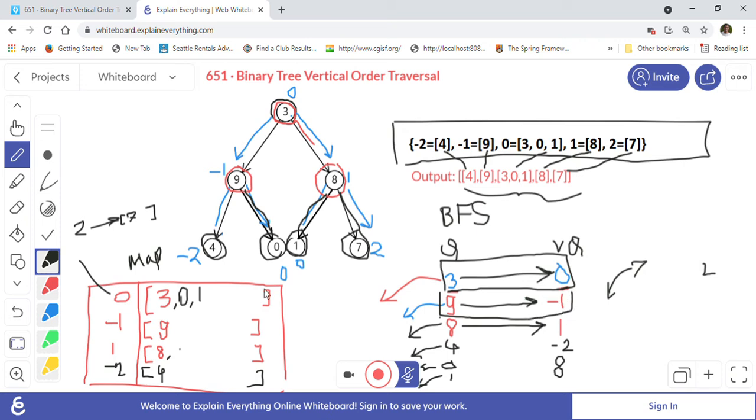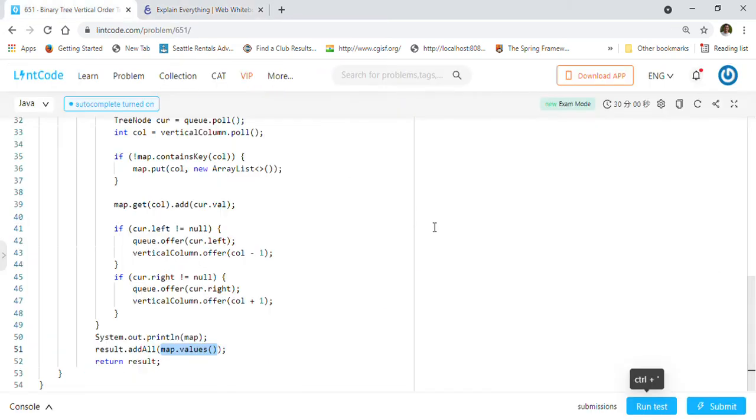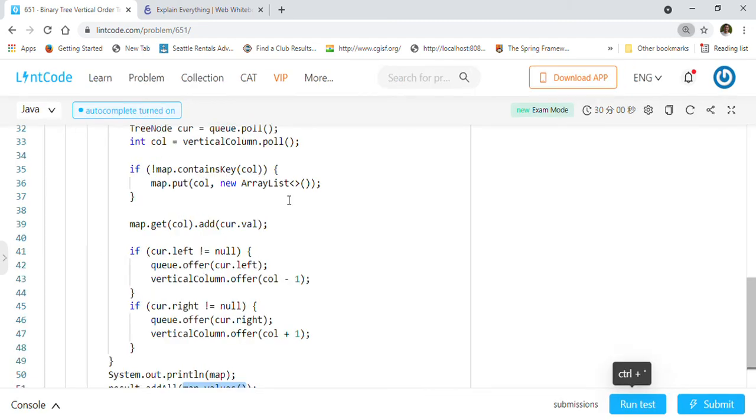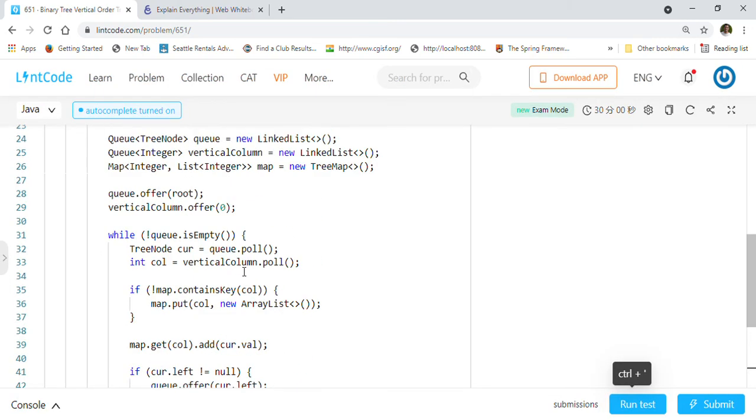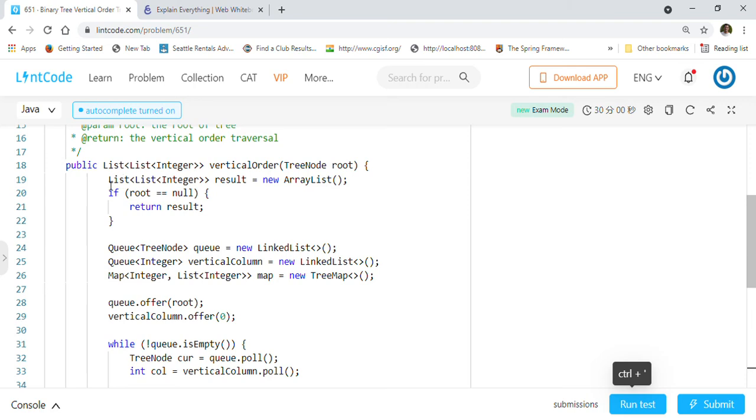So let me show you now. This is the way it works. Let me show you the implementation so you will know the details. First thing, we create the list of integer as a result, because that is what we have to return as the result of the function. First we check if root is null, then we just return an empty list of integer.